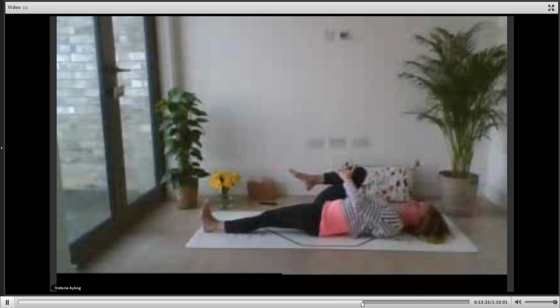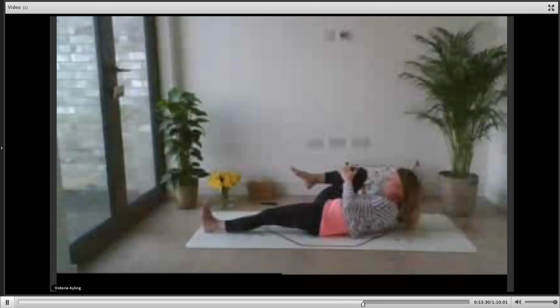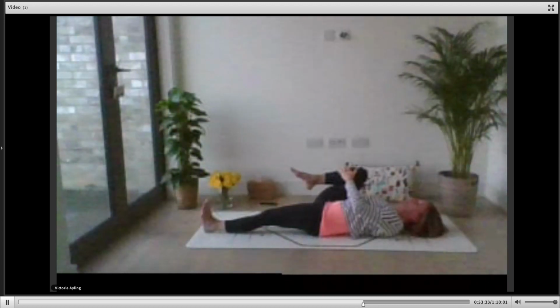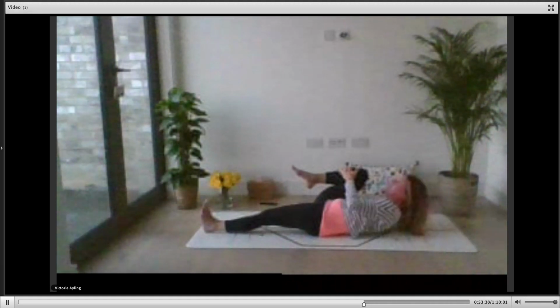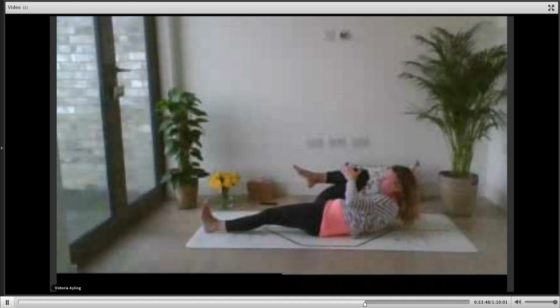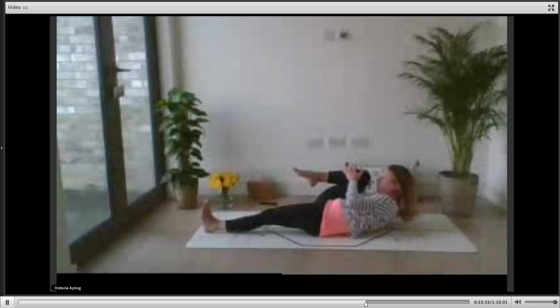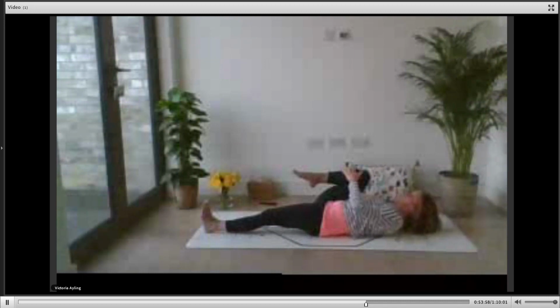Next time you breathe out, lift your head a little bit, bring your nose towards your knee. And as you breathe in, release your head back onto the floor or the bed. So when you breathe out, lift the head, nose to the knee. Inhale, release the head. Just two more. Exhale to lift, keep the shoulders relaxed. Inhale to release your head. Just one more. And when the head comes back down, pausing there.